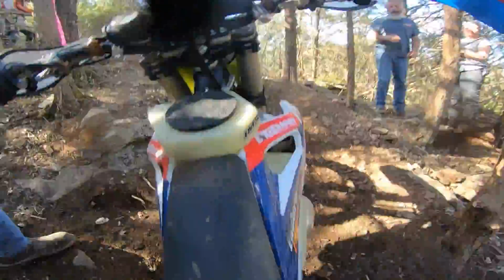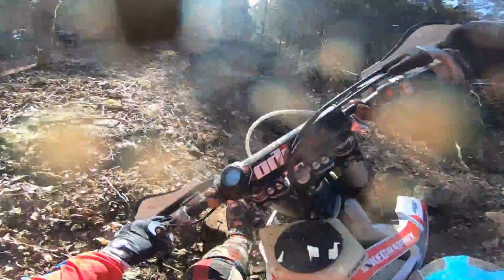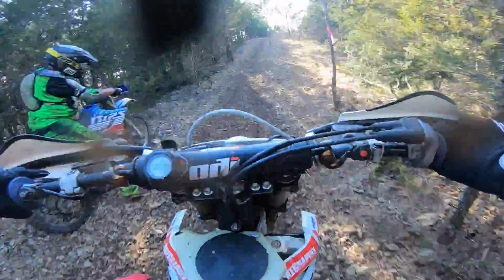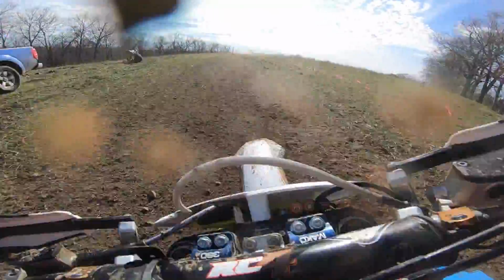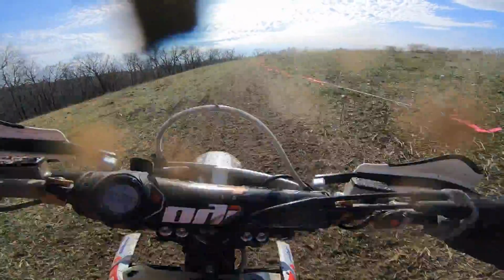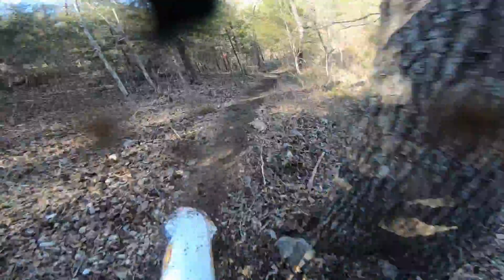Cole up there hit it pretty good. He was able to kind of pop the clutch, get traction, and almost just hop up it, but I kind of lost my momentum and once again just had to kind of creep up it, but we made it through. That's really most of the technical stuff there. We got a little bit more coming up,